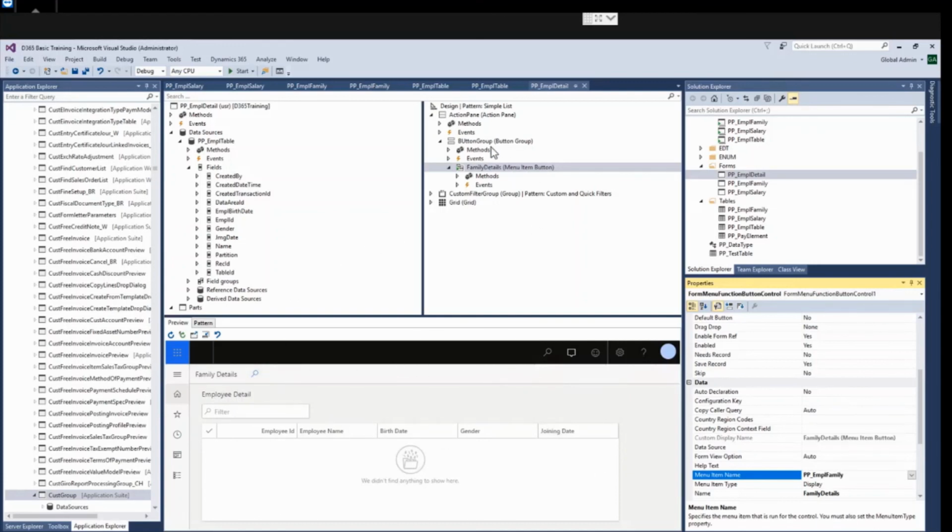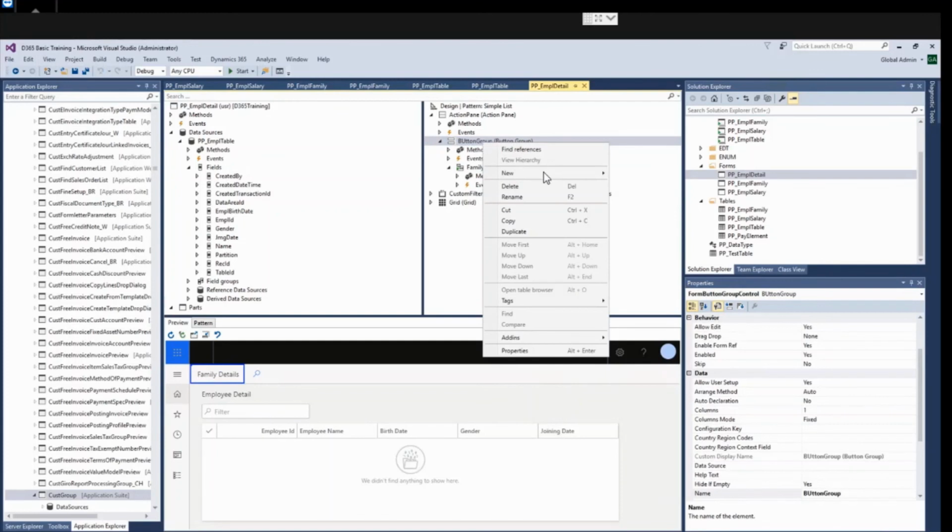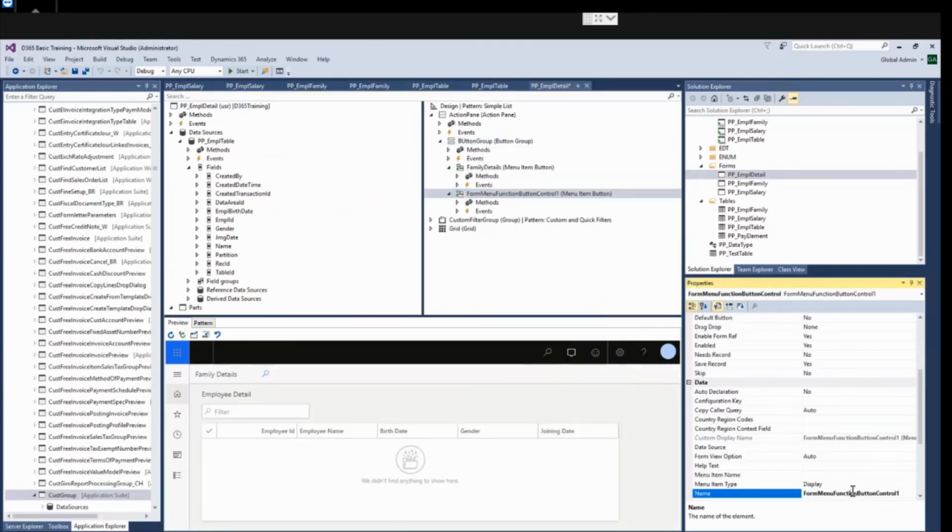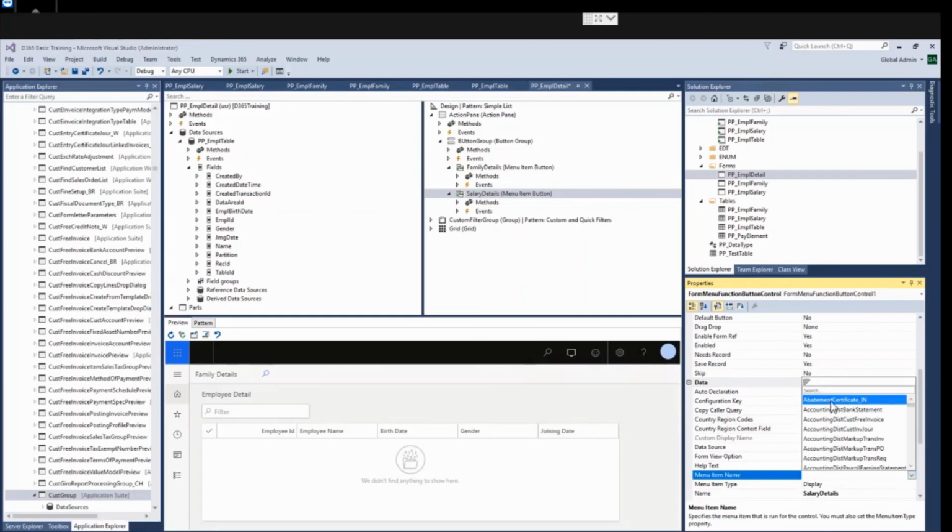Now let us create another button that is also menu item button for salary. Here we will link with salary detail menu item.